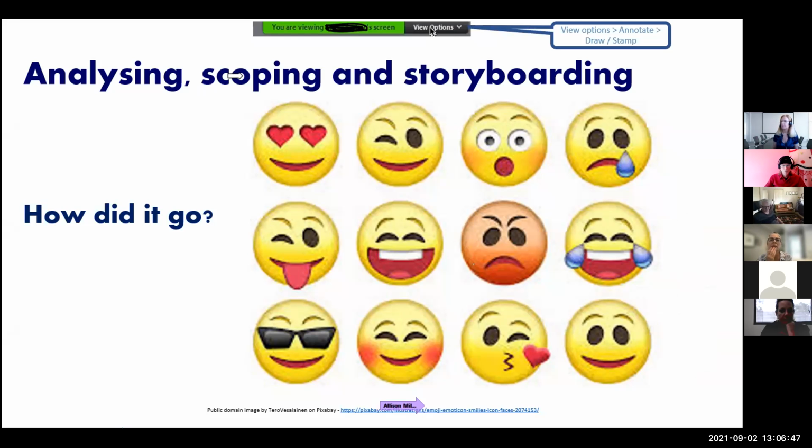Now grab your annotate tool, grab the stamp or the draw. Have a look on your annotate tool; you'll see there's draw and there's stamp. Choose one of those, and then look at these emojis and choose which one best illustrates how you think that process went for you. I'll give you a moment to find the tool and think about what happened over the last couple of weeks in terms of these processes. I have turned the annotate off, so you can pick whichever one you want for how you feel. If you don't want to comment on it, you don't have to either. I'll just be quiet for a minute.